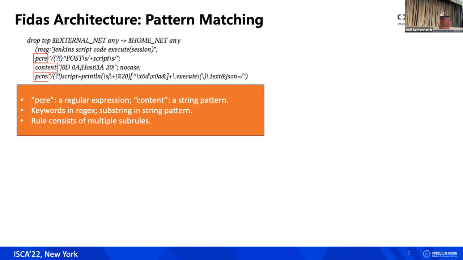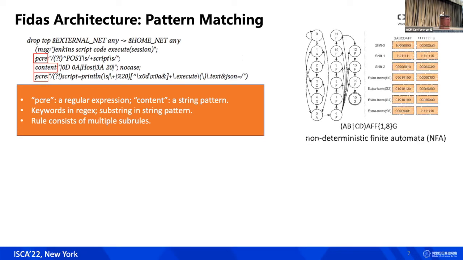So this forms hierarchical rules over there. And also you can see that there are rules that contain sub-rules. This kind of hierarchical pattern will allow us to accelerate this kind of matching. But before we come into that part, let's talk a little bit about how we do this regular pattern matching